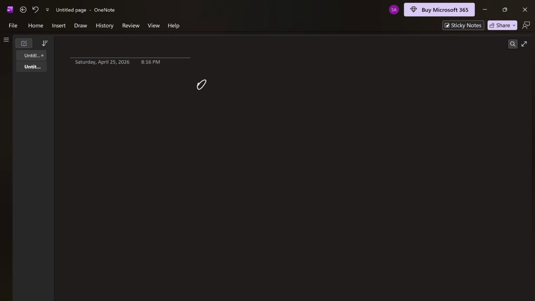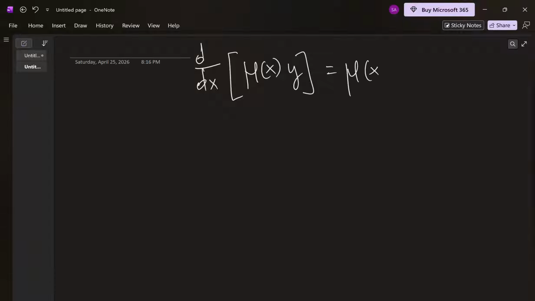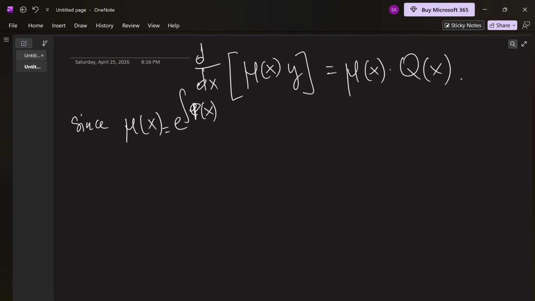So you have dx, the integration of u(x) times y is equal to the integrating factor u(x) times q(x). How did we get here? Since the integrating factor u(x) is the exponential of the integral of p(x) dx, if you take the derivative over x